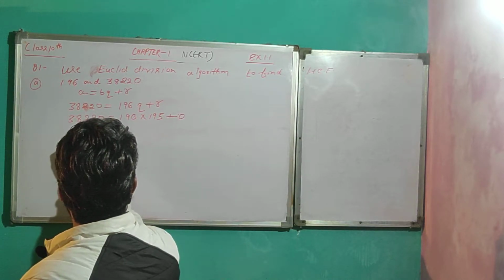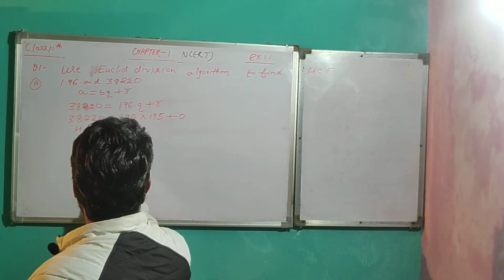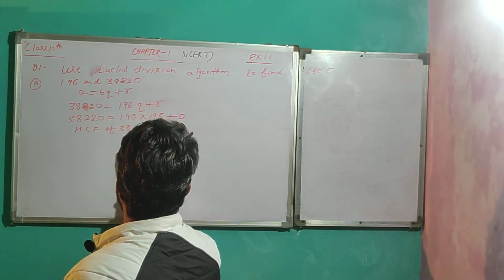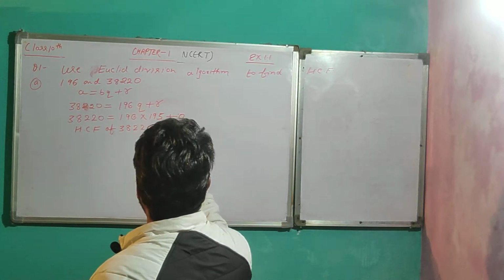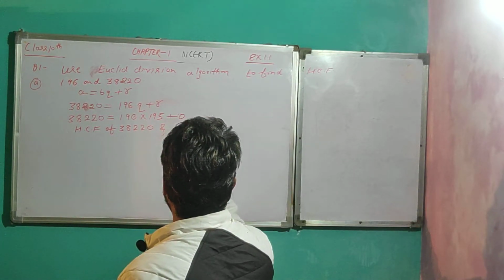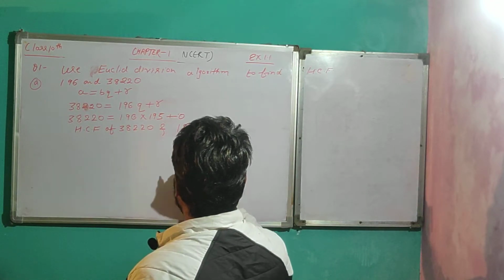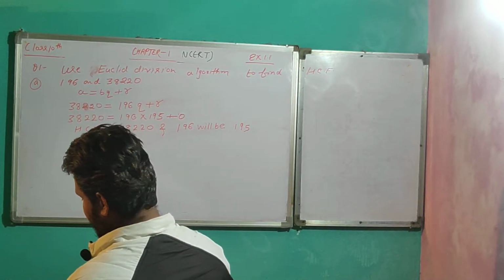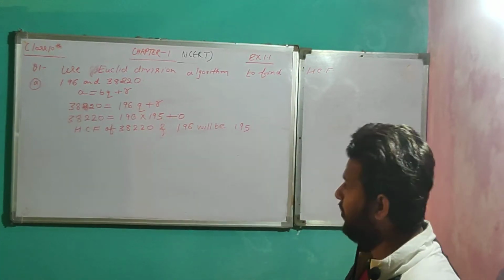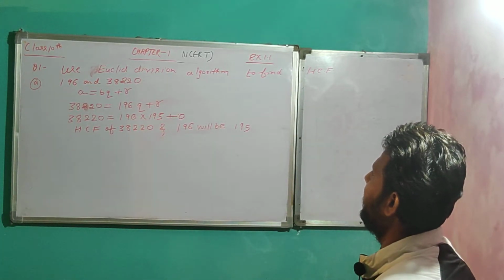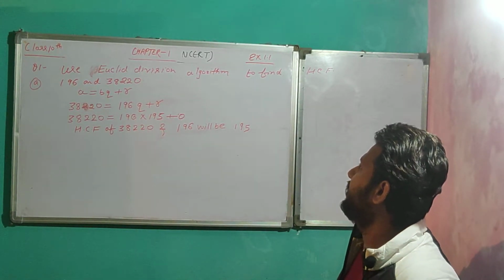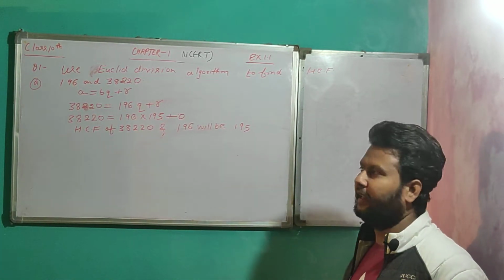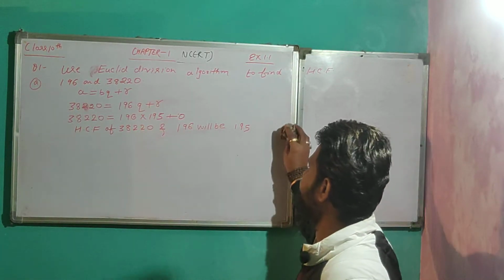Therefore, the HCF of 38220 and 196 will be 196. Okay, the value of HCF of 196 and 38220, we are using the Euclid division algorithm to find the HCF, and the value of HCF we get is 196. Okay. Now